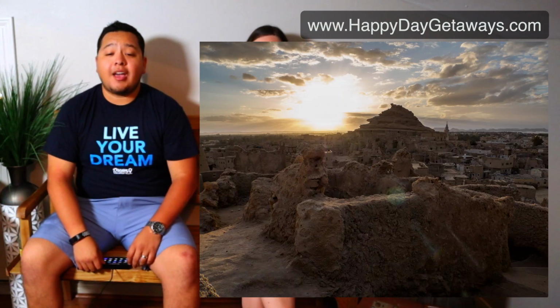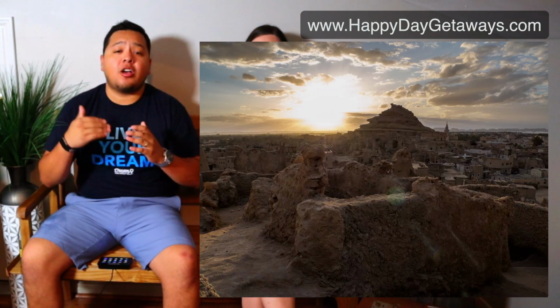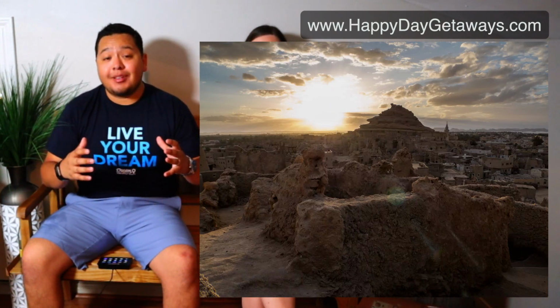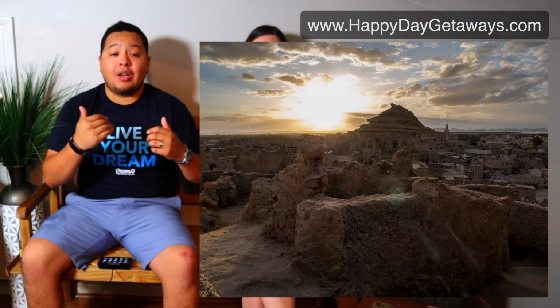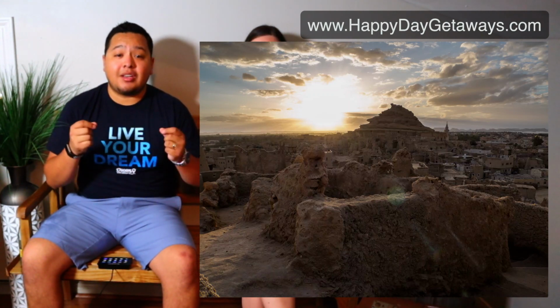Now, moving on, we have the Siwa Oasis. Now, this has become a popular tourist destination as of late. It was discovered by some explorers back in the 1800s, and it is very important because it is the most isolated settlement in Egypt. It sits about 350 miles from Cairo. It's actually closer to the Libyan border than it is to Cairo, and it sits on a depression. So it's about 62 feet below sea level, and it is very popular right now because it houses the Temple